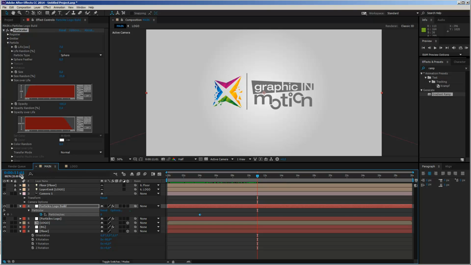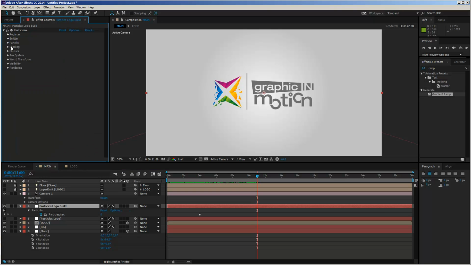So I just moved to exactly 11 seconds here. And now I will select my particles logo build layer, and I will go again into the physics settings. And you see in the physics settings, we have this physics time factor value. And what this does, this works kind of, you can increase the time.